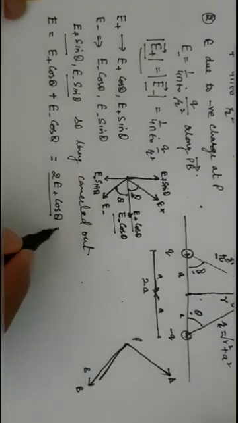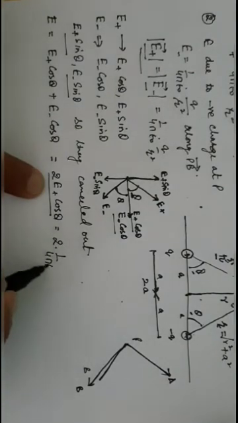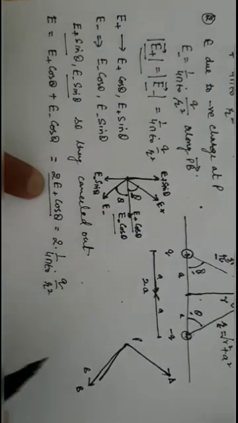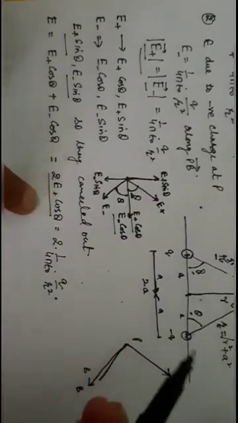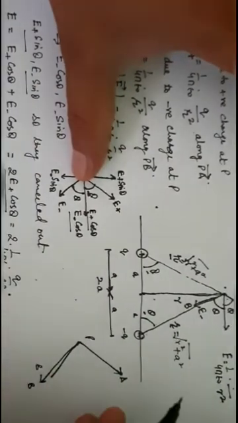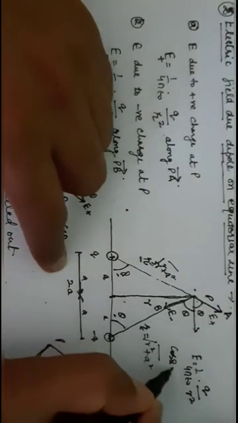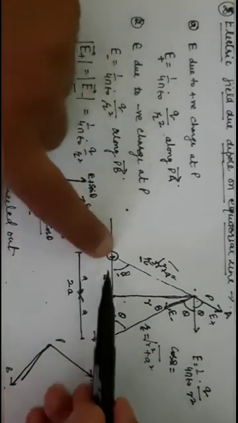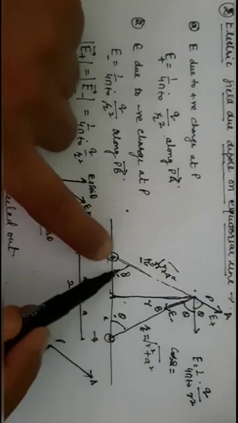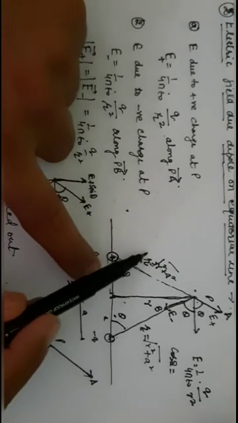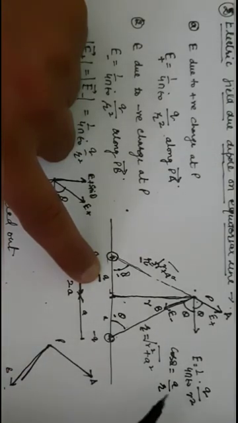Now solve it, put the value of E positive. So here E positive magnitude is 2 into 1 upon 4 pi epsilon naught q by r square into cos theta. So what is cos theta? Cos theta can be calculated from the diagram. Now you see the diagram here. What is cos theta in this diagram? If you take this triangle, in this triangle, cos theta will be equal to base upon hypotenuse. So base is a divided by hypotenuse is r. So cos theta is a by r.